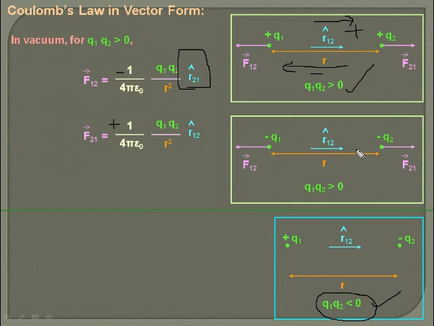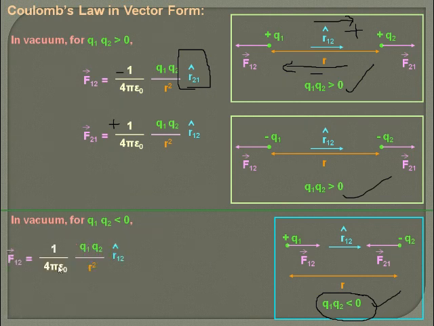Either they are both negative or both positive. Now the force of attraction or repulsion between these two charges can be given as 1 over 4 pi epsilon naught q1 q2 by r square r12. Again, but this time the force between these two charges will be attractive. So F12 will be toward the center of the line joining them.